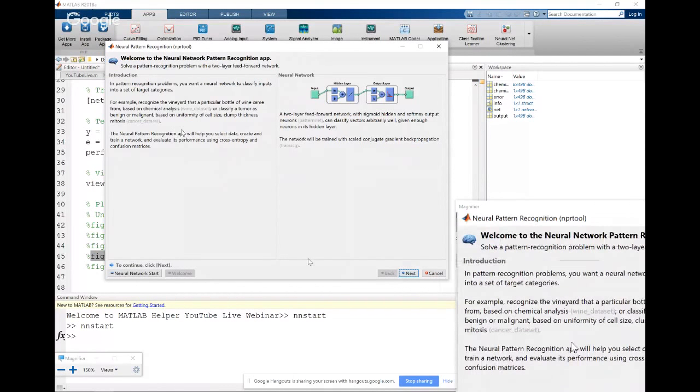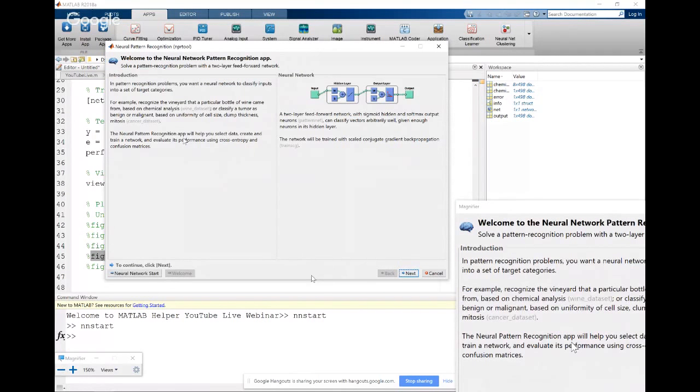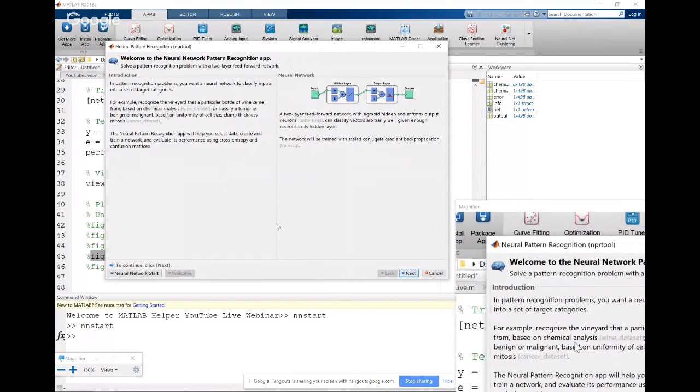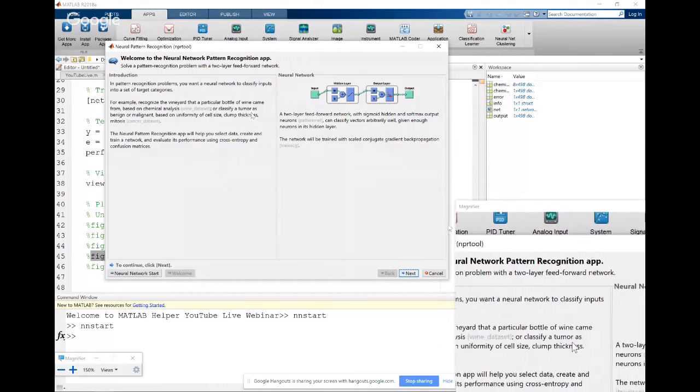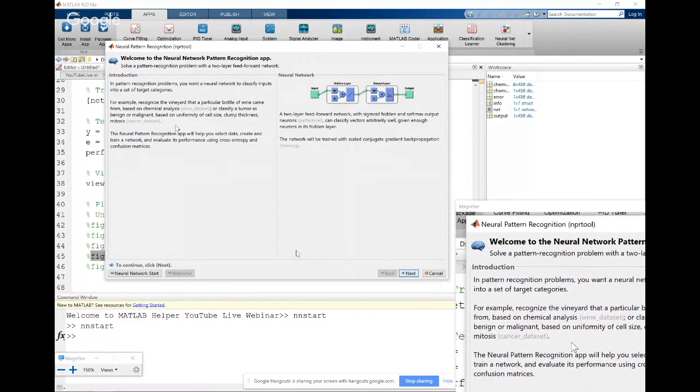For example, recognize the vineyard that a particular bottle of wine came from. You have some n number of wine bottles in front of you, and you want to classify which vineyard this specific wine came from. Say, for example, based on chemical analysis, you classify a tumor as benign or malignant. There are other parameters which are used to classify the system. The neural pattern recognition app will help you sort this data accordingly.